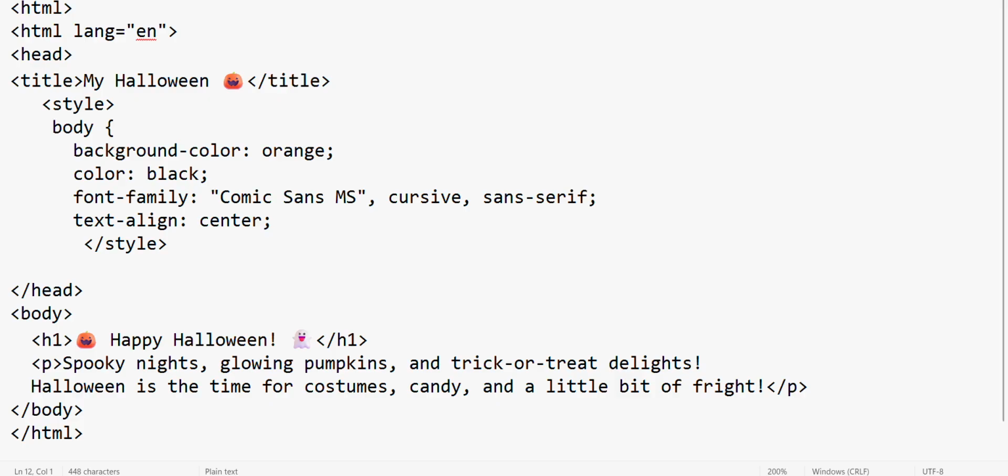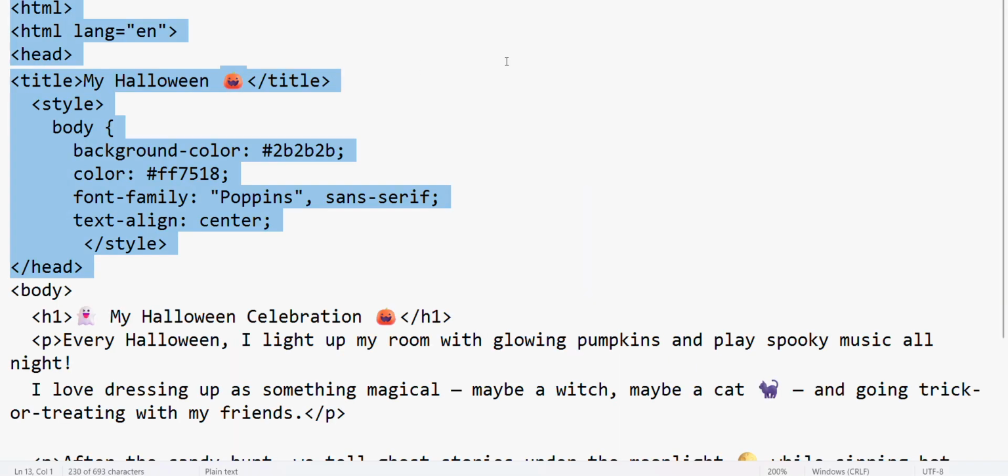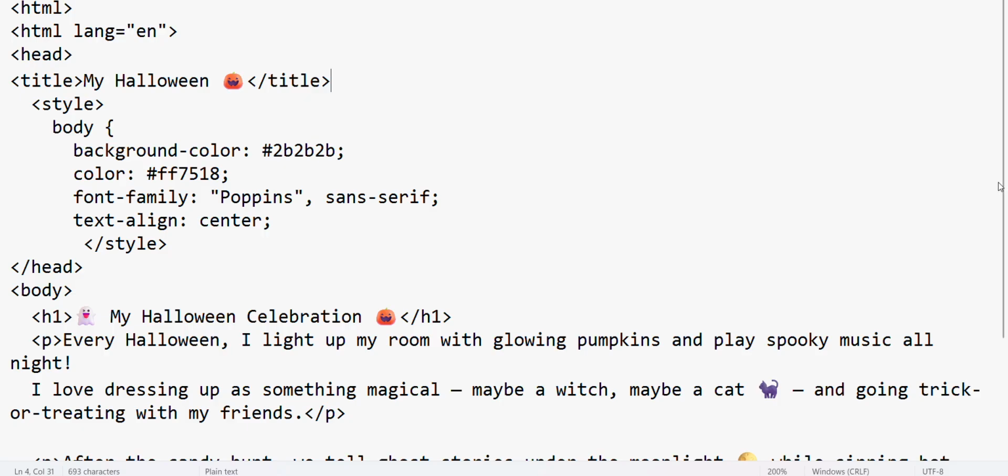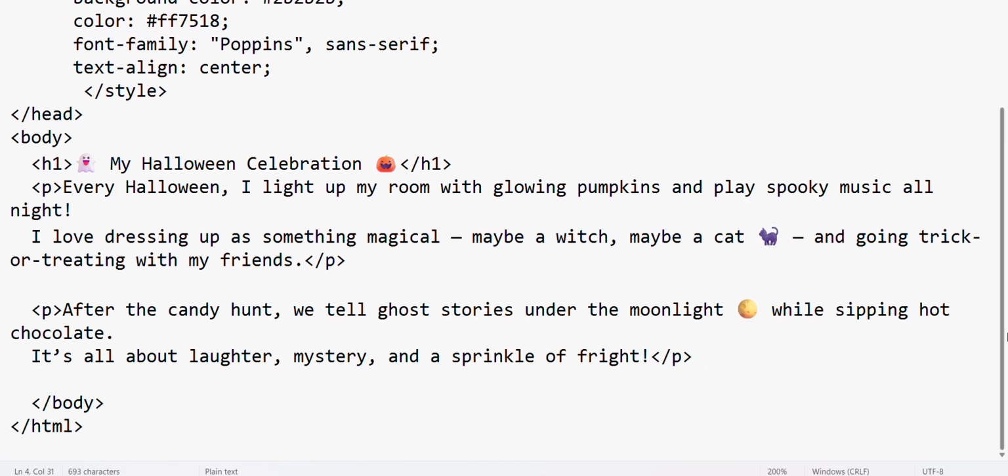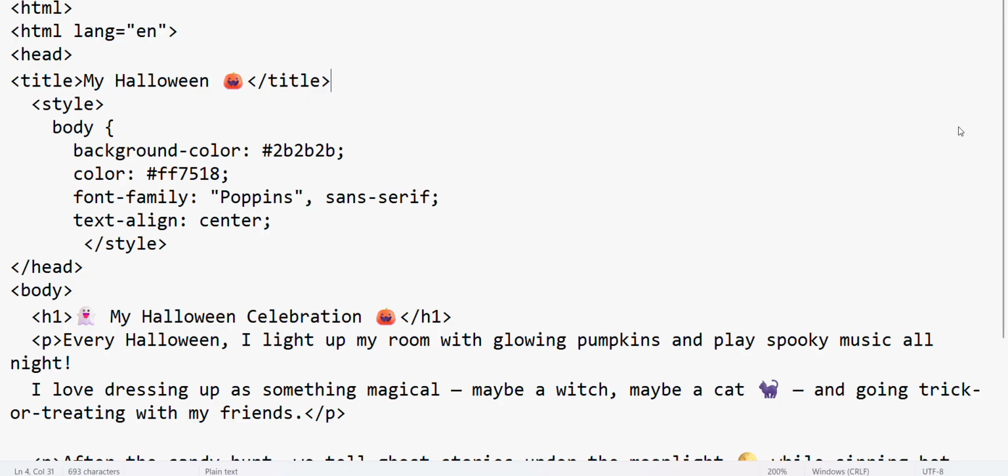Right, so as you might see, this is a new one. This is actually what I did because it's Comic Sans MS, cursive, and everything. Okay, now that was by mistake. I typed it wrong and then I later realized it. Okay, now this is the HTML coding for my Halloween, right? So first it's HTML, the HTML language. You don't need to write that, clearly optional. Then head, then title, then style. Then in the style, the background color, color, font family is Poppins, sans-serif,